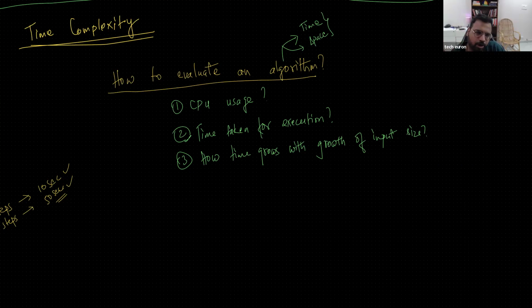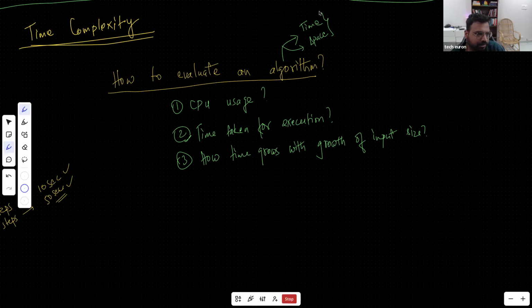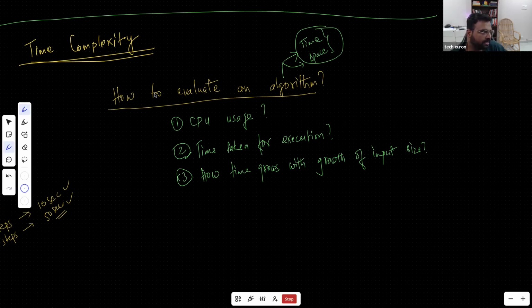Sometimes, in order to optimize time, we have to give some space. In order to optimize space, we have to give some time. Sometimes there is a trade-off. Sometimes you can decrease both. If you're able to decrease both, then very good. If both are high, then it is very bad. Sometimes we can pay for space, but we don't want to pay for time. Sometimes we can pay for time, but we don't want to pay for space. But we will always be playing with these two. That is one thing you should keep in mind. So it is not just time complexity, it is also space complexity.